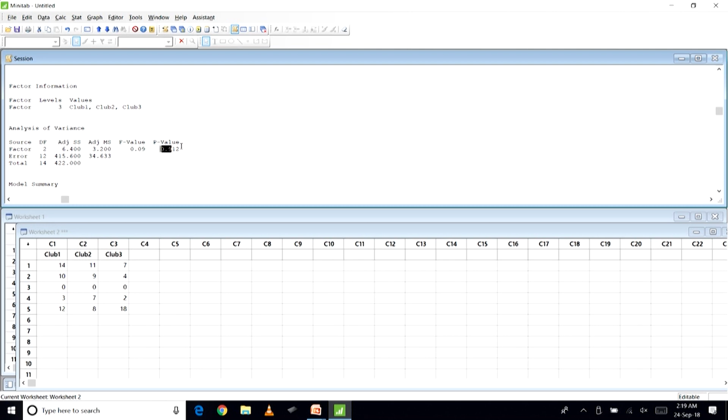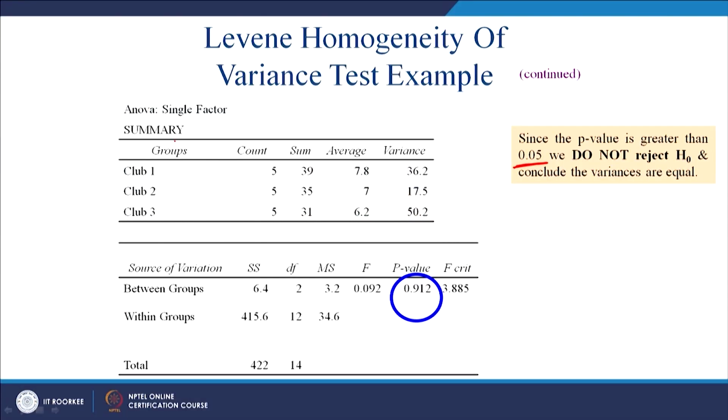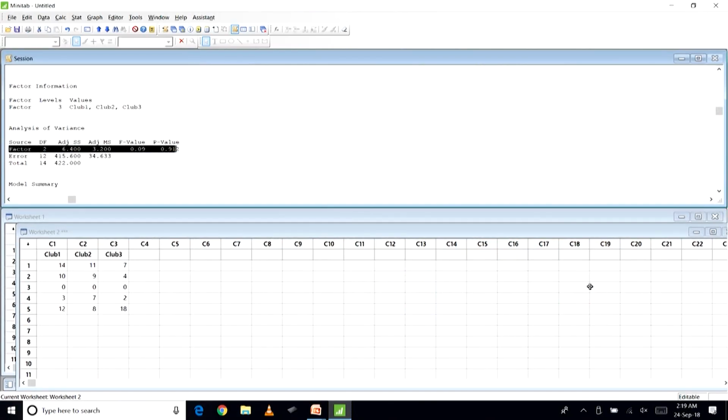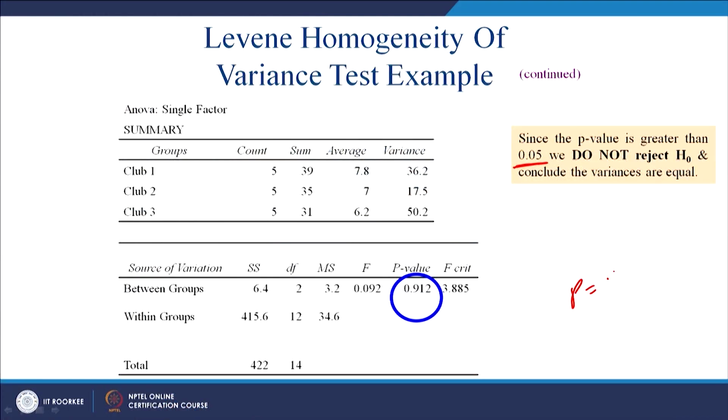So, this is the p value, 0.912, and alpha is 0.05. Is the p value less than alpha? No. So, we will not reject the null hypothesis.